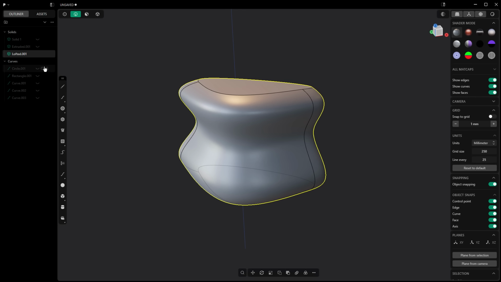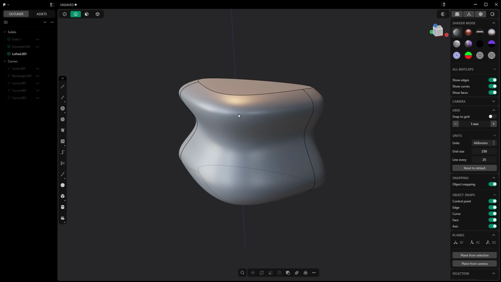So as soon as Plasticity knows that this is a closed geometry body, it automatically turned it into a solid for us. Now, if we hadn't used patch on the end, if we'd used loft or something else, it would have created a new surface and we would have had to manually join them together. But either way, we have the ability to turn these complex shapes into solids by either creating a closed watertight volume,